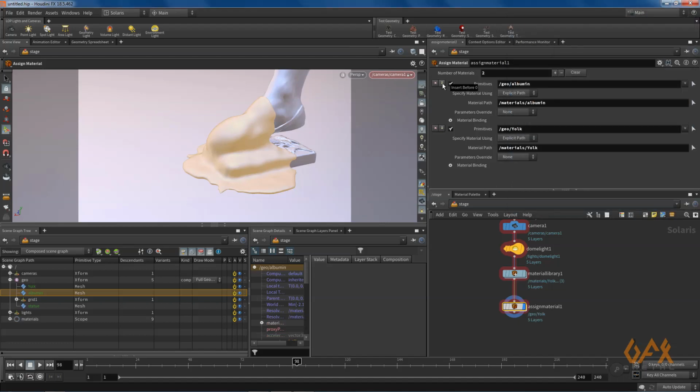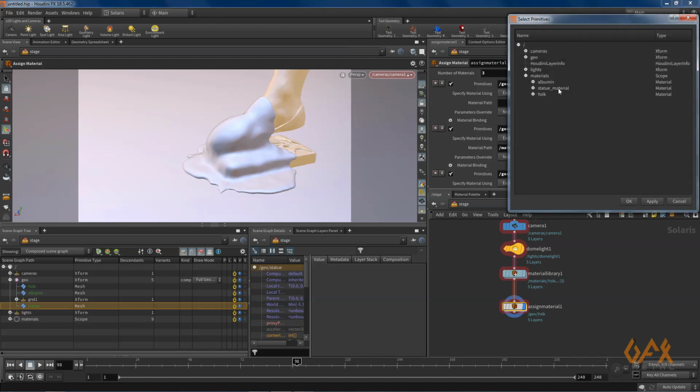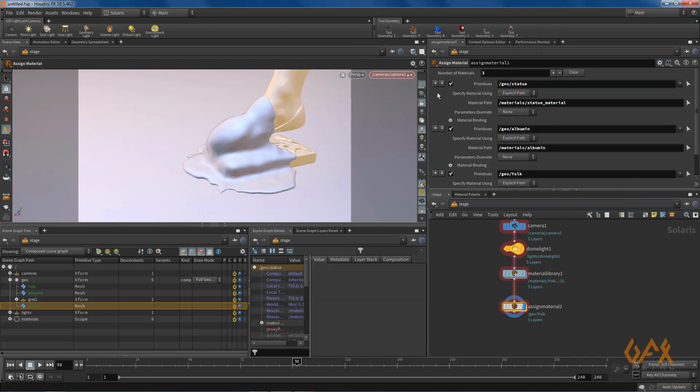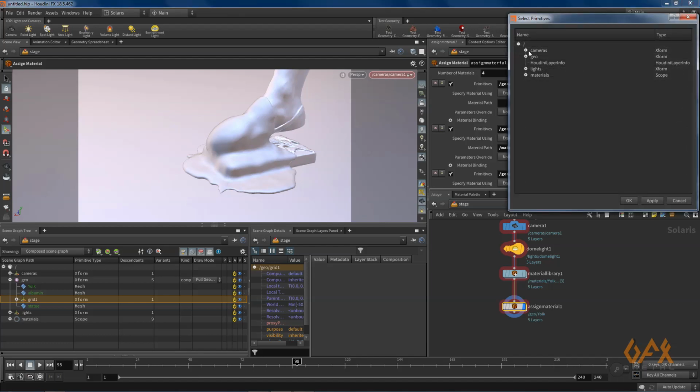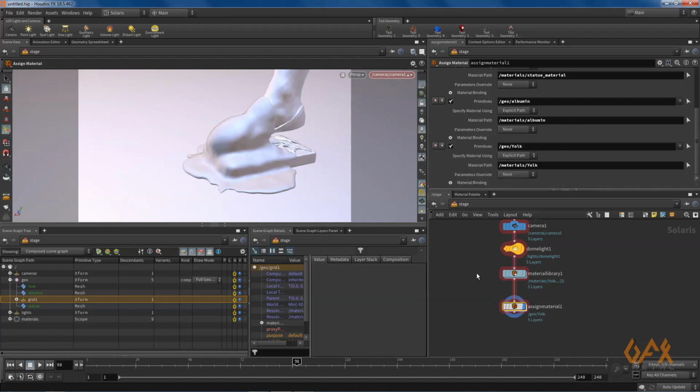Create one more for the statue and set the statue material. The same for the grid: I define the grid and set the same material. You can change it, but I define the same material right now. So I assign material for each individual object.